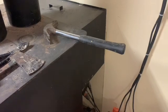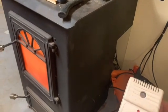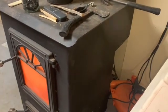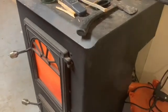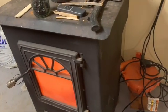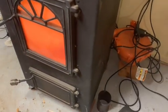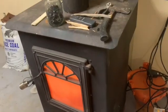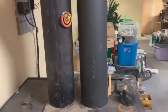Now, two things I'm going to put back in a little while. This is a CO2 sensor. Now, the one we have in the ceiling is also a sensor in case something happens where it might leak carbon monoxide. And this sensor will go off because carbon monoxide tends to start at the floor first and then go up. But there was one time where we had a problem with our damper on here that had stayed open because the wind had kept it open, or it was a piece of something in there that kept it open, and carbon monoxide got out, and the sensor up in the ceiling, which normally is also a fire alarm,